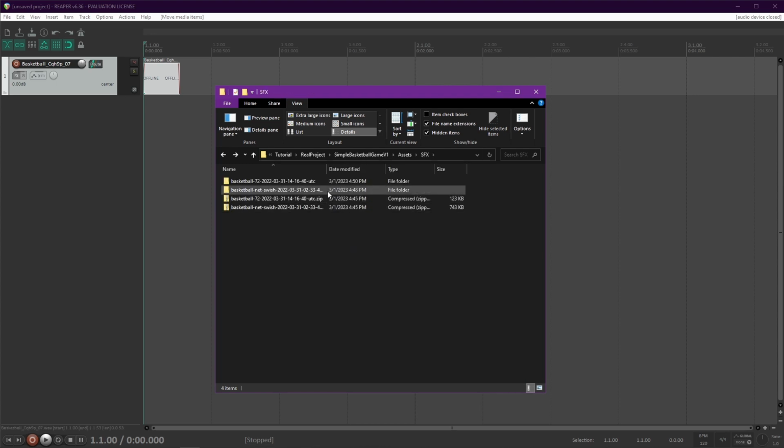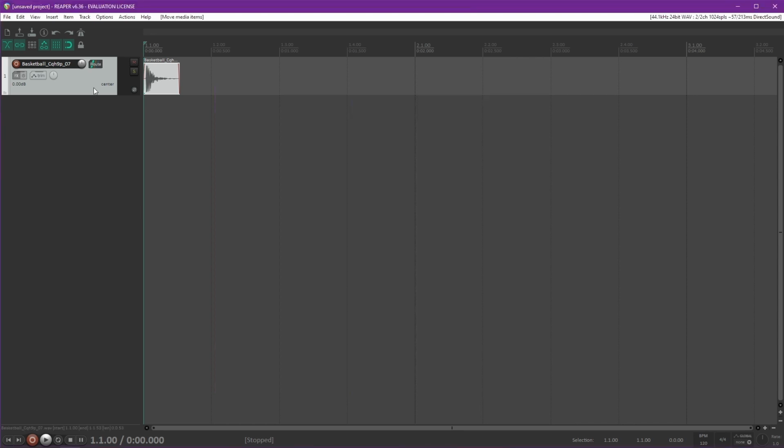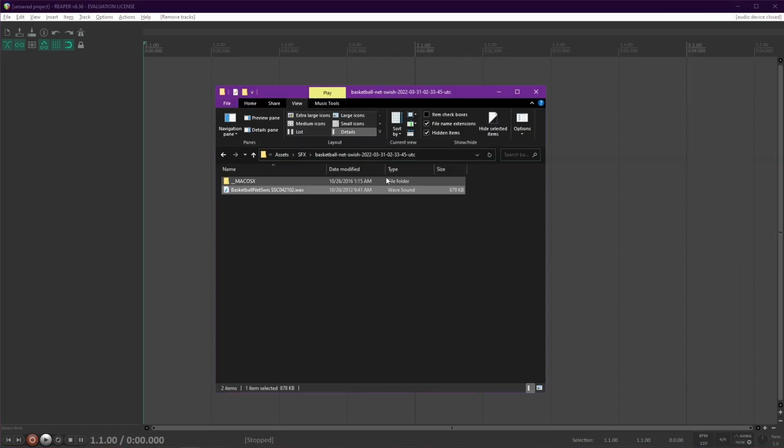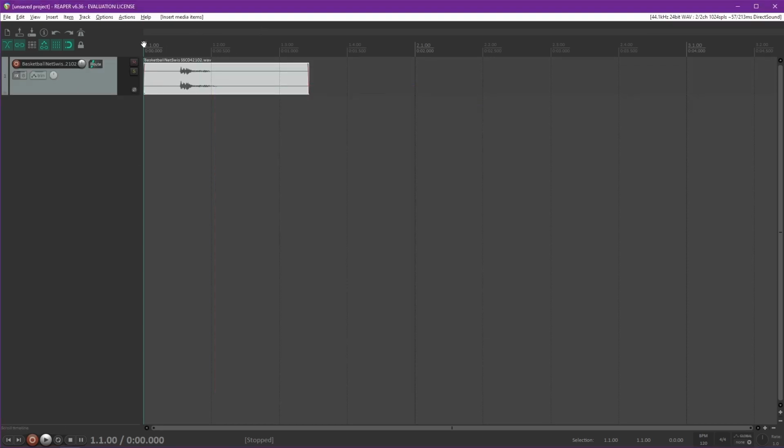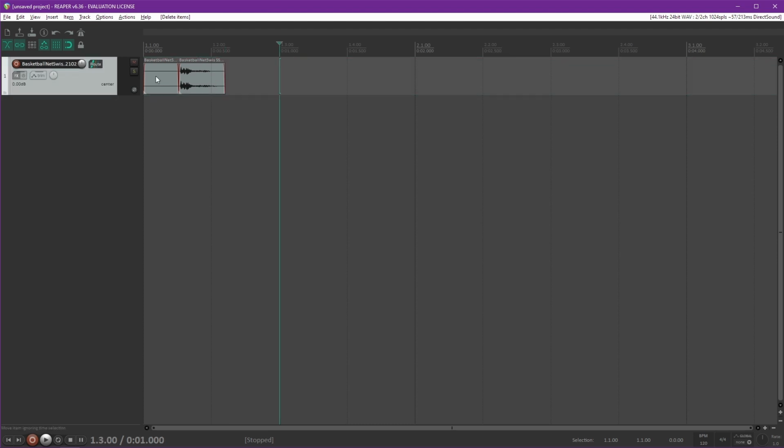Now the second one is the net swish. Again, we will just remove this one and add it. Do the same thing, drag it, press S, drag it again, press S, and just remove what we don't need.